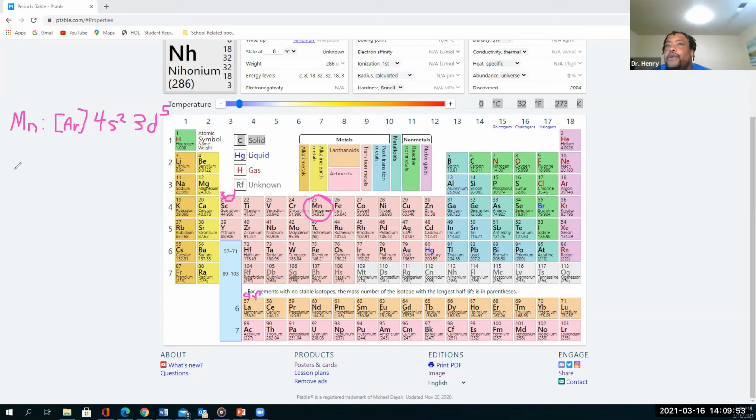And so let's say we were going Mn 2 plus. 2 plus means what? It has lost 2 electrons. So our core is going to still be the same, and we're going to remove 2 electrons. We're always going to remove from the highest energy level. So we're going to get rid of this guy first, because that's the highest energy level. So then we'll just have